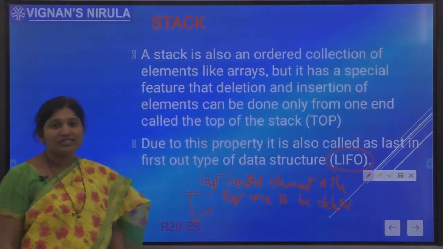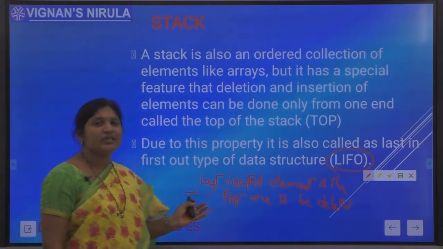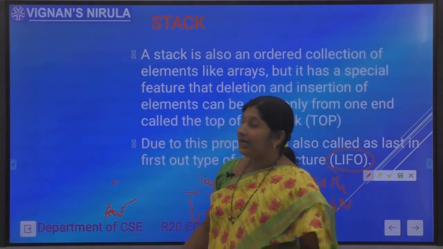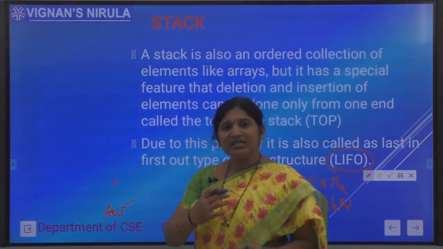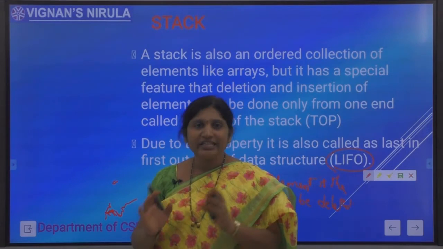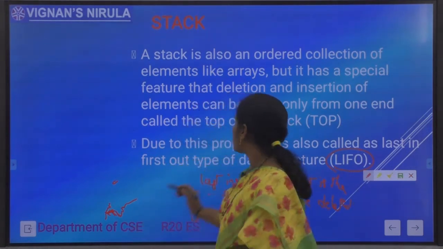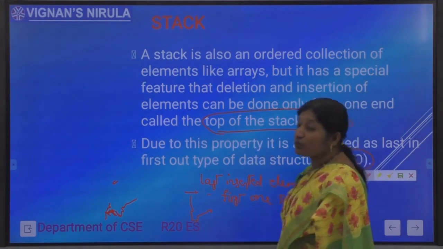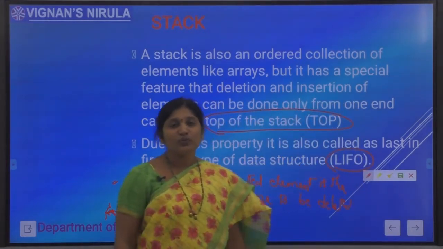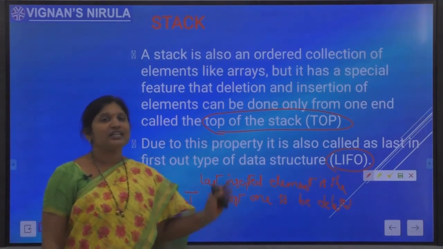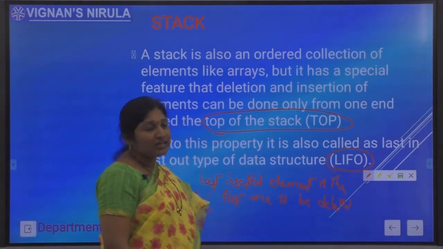Last in first out means the last inserted element will be the first element to be deleted. And in the stack, the elements are inserted at one end and the elements are also deleted at the same end. That is called the top of the stack. Both insertion operations and deletion operations are performed at the single end, which is called the top of the stack.